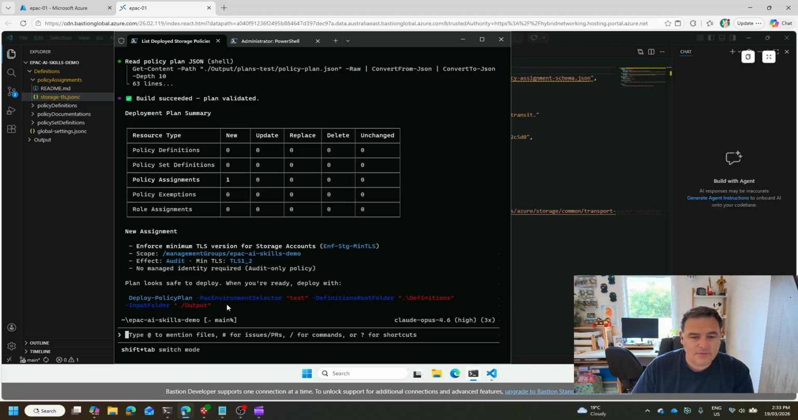I could run that and actually deploy the plan myself. Or I could tell the agent, can you please deploy it? And it will go through and it will run deploy policy plan for me as well. Okay, that's a pretty small example of what this can do. Let's try something a little bit